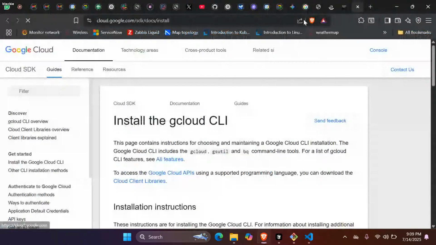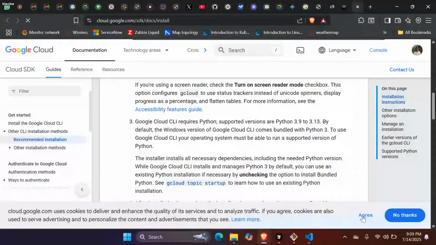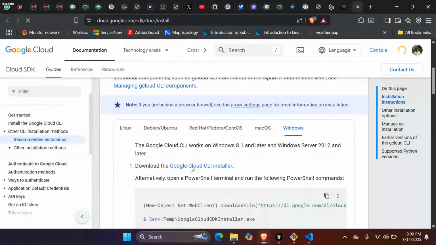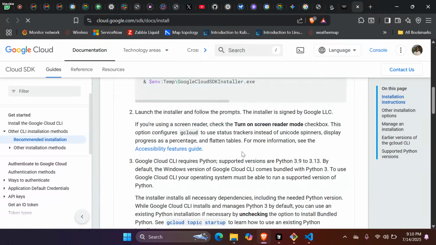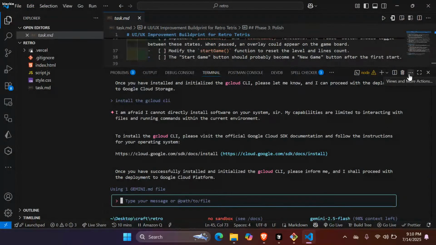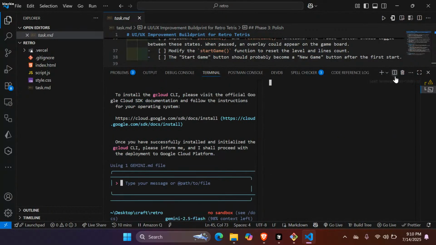Install CLI. But with GCP, I prefer Amazon over GCP. Does it support Windows? Okay. We can complete these. Okay, it won't work that way.